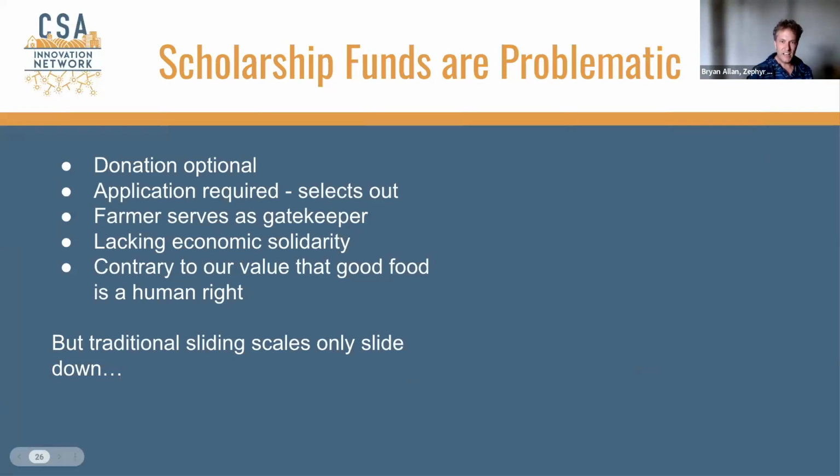When you have a scholarship fund, you have to have an application, and then somebody has to review it. Why do you want to serve as a gatekeeper? That just really puts you in an uncomfortable situation. When we used to have a scholarship fund at Zenger Farm, we just did first come, first serve, which is like, why are we even asking you to fill out an application and pour your heart out as far as why you need this food, when we're just taking the first people